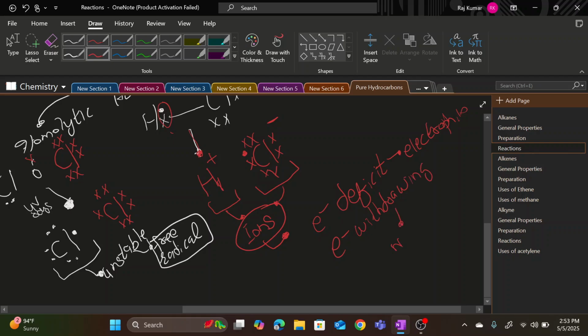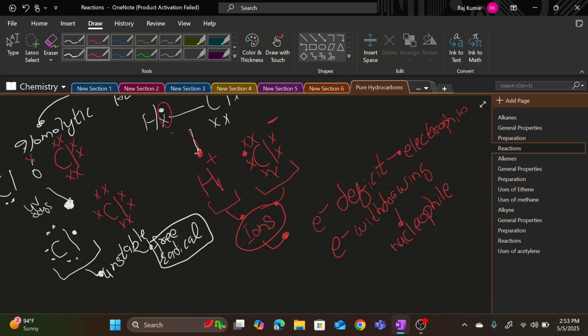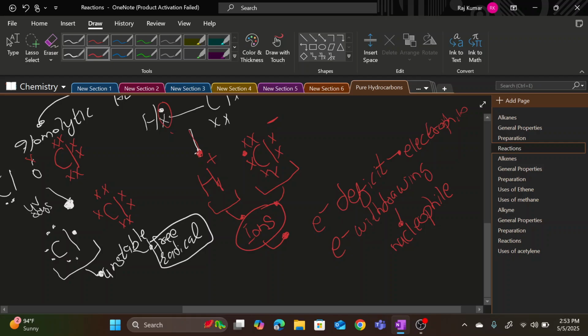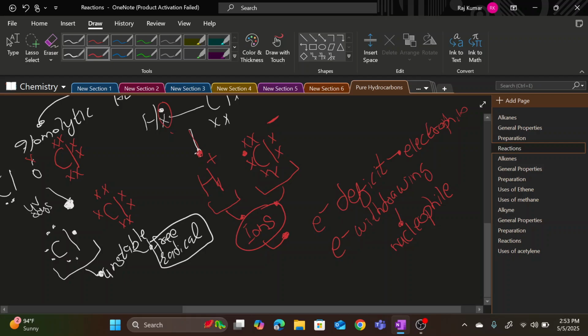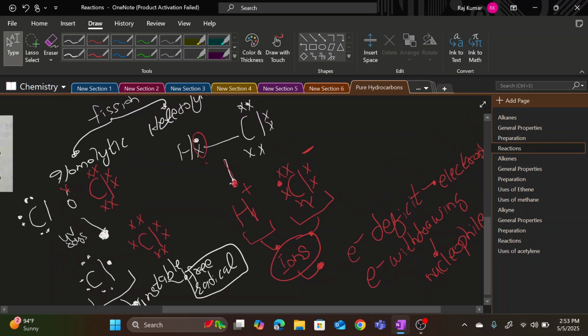For example, let's say there are two atoms, right? Hydrogen and chlorine. Hydrogen gets no electron, due to which it can now accept electrons. It has now the capability to accept electrons, love electrons, due to which it is now an electrophile. But chlorine on the other hand has a negative charge. It does not want electrons at all. It's already filled with electrons, but has the capability to give electrons. So it's an electron donating group, not an electron deficit group, due to which it would be a nucleophile. That's it. So in short, heterolytic fission produces electrophile and nucleophile, and homolytic fission produces free radicals.